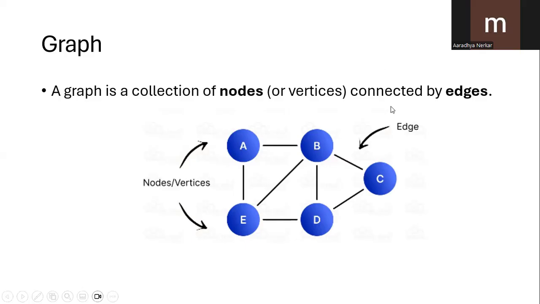Graphs are everywhere in technology. Google Maps uses them to find the shortest path. Social media like Facebook uses them to recommend friends. Search engines like Google use them to rank web pages. Graphs are used in everything from solving puzzles to planning delivery routes, from maps to machine learning.